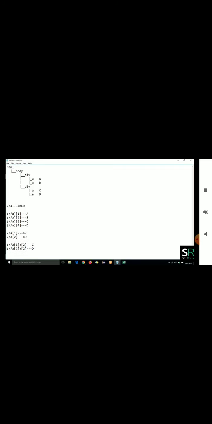Let me take it one by one. See here, at least everyone knows this: /A of 1 means A and C, because A is also index 1.